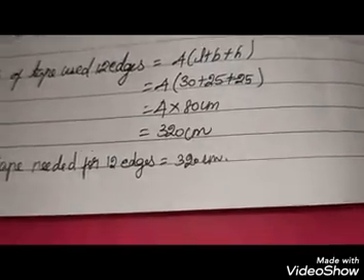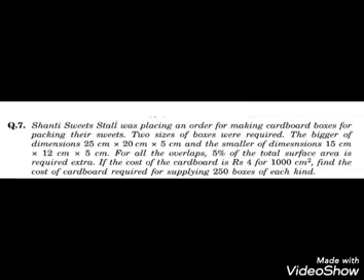So next we move on to question number 7. Shanti's sweet stall was placing an order for making cardboard boxes for packing their sweets. Two sizes of box were required, bigger of dimension 25 cm, 20 cm, 5 cm and the smaller of dimension 15 cm, 12 cm, 5 cm. For all the overlap, 5% of total surface area is required extra. If the cost of cardboard is rupees 4 for 1000 centimeter square, find the cost of cardboard required for supplying